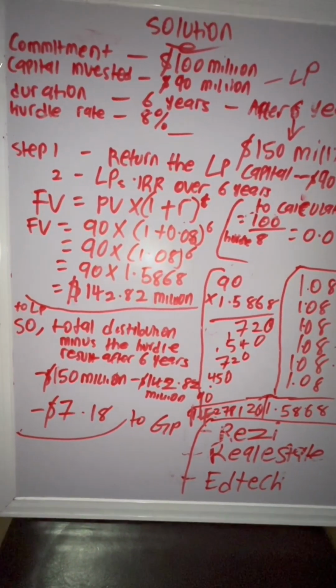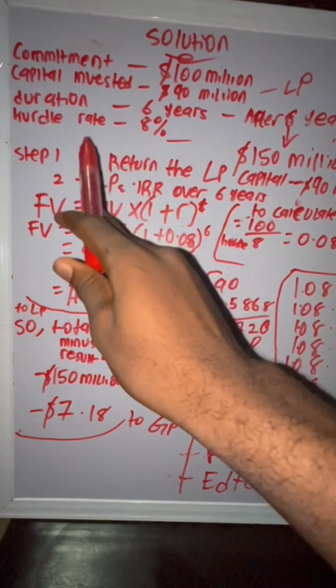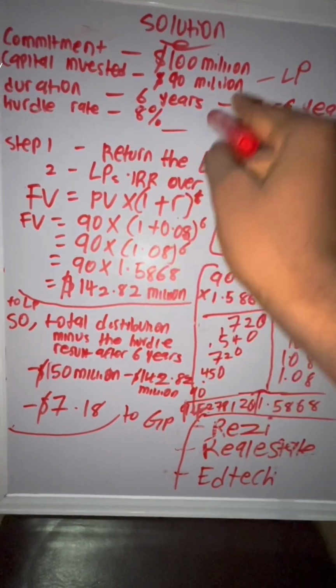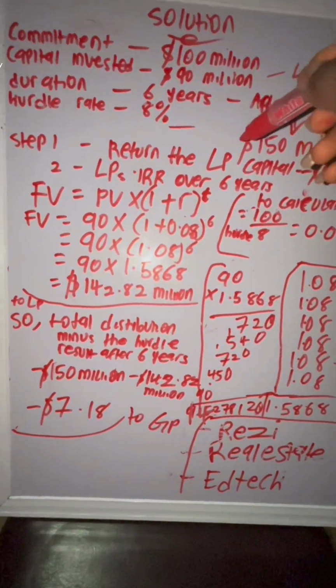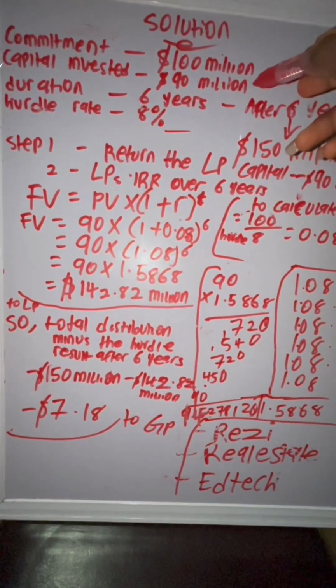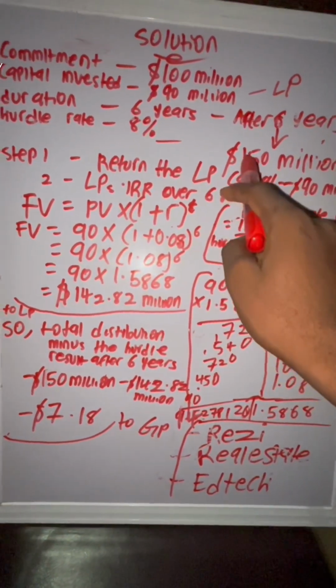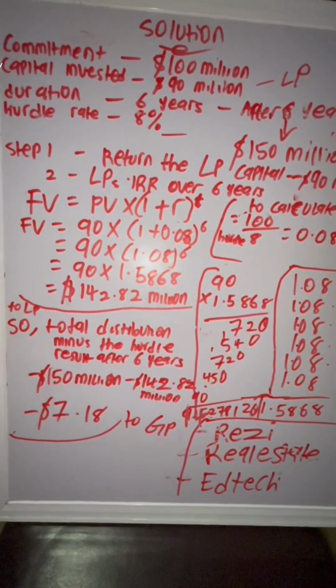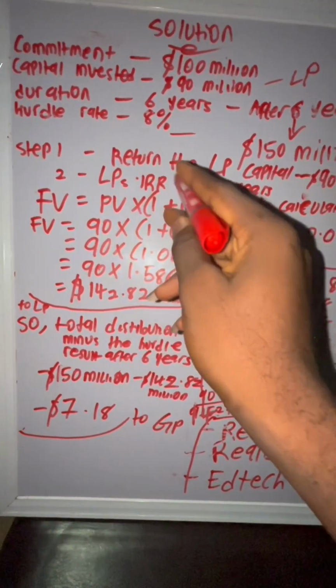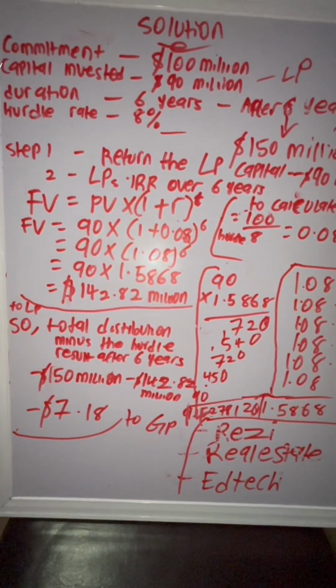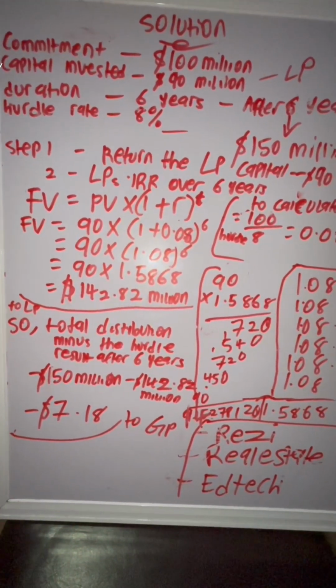million distribution. So the first step is you return what the LP gave, which is 90 million. Out of the 150 million, you return the 90 million, which is the capital. And the second thing is you calculate the IRR, which is you calculate the hurdle rate over 6 years for